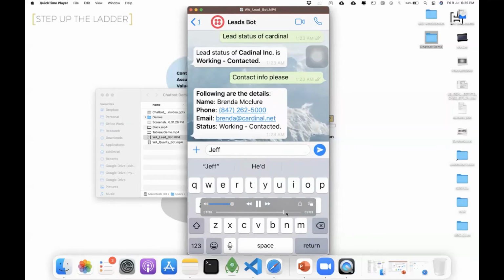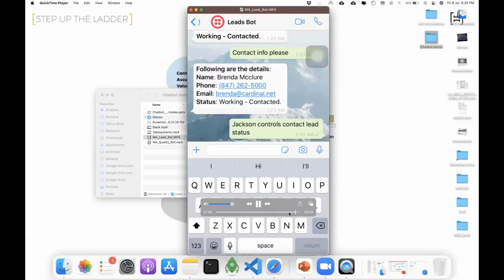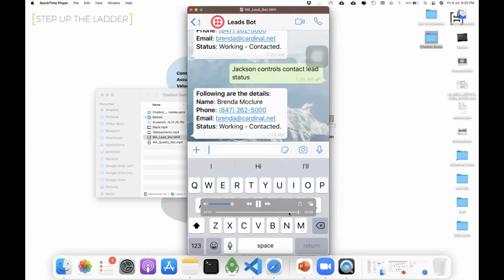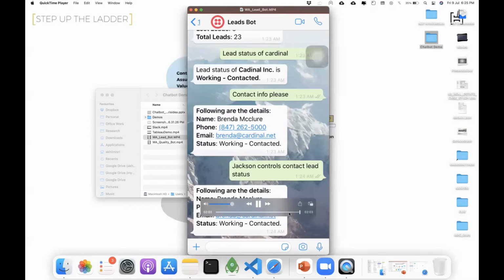So this reduces a user's effort in going to and fro between laptops, systems, and so on, to get the information which they require. At times software is generally glitchy. I'm not saying chatbots aren't, but at least this will help you save a lot of time in the process.